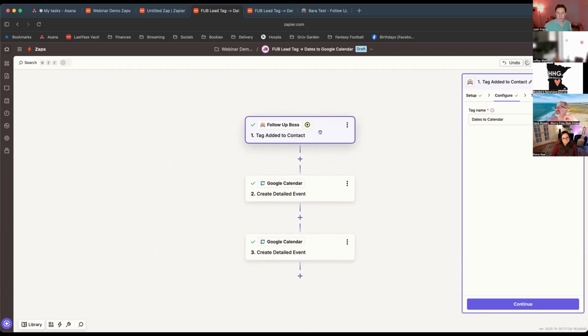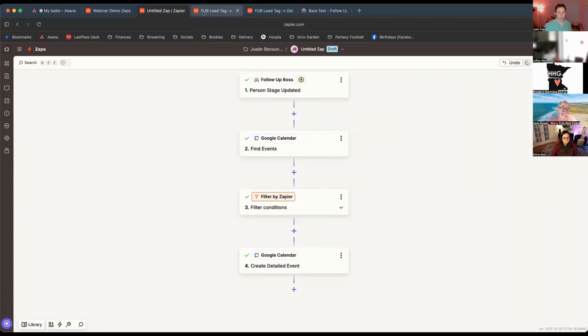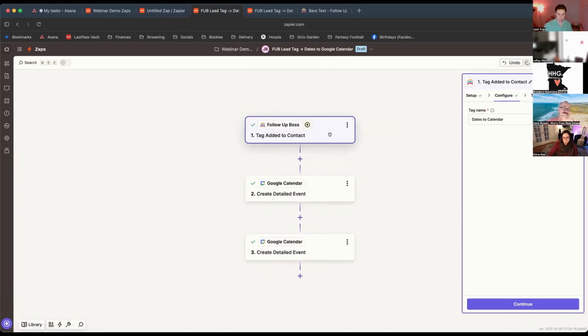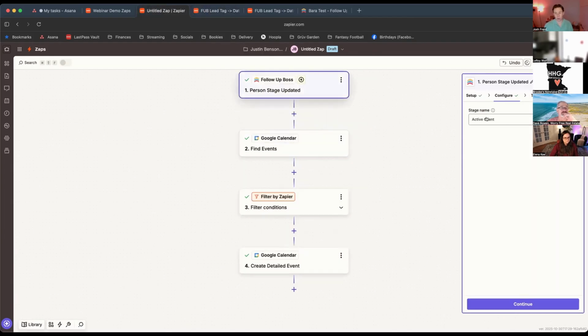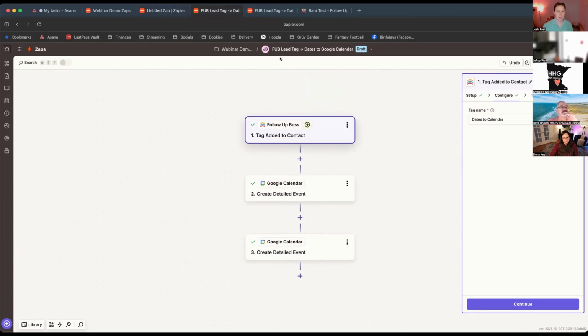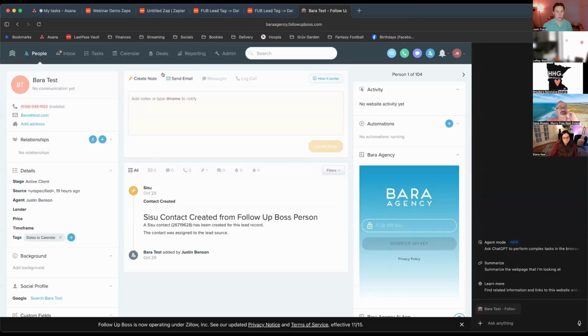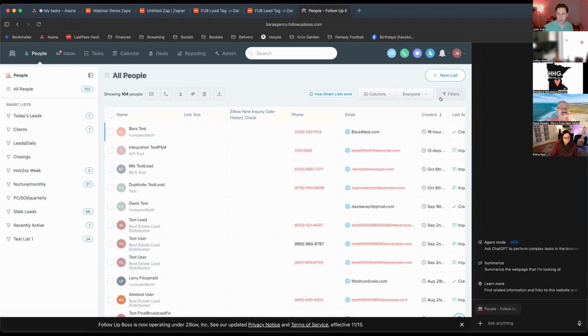And this tag one too, having these working, having the person stage update and the tagged lead working in tandem, this would help with any leads that you already have. Say you are working in the active client stage, you're already going to have a ton of leads in your system that are either active clients or past active clients. And so having the tag in there helps with that, because then you can go in here. And again, Alina can help you guys on some smart list stuff as well. But you can create a smart list